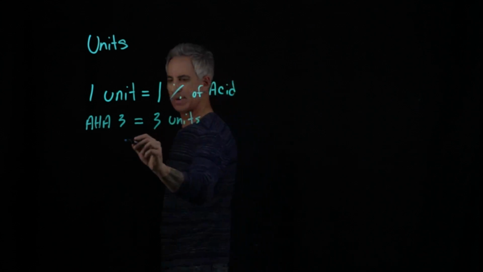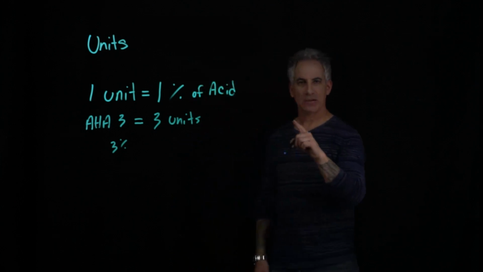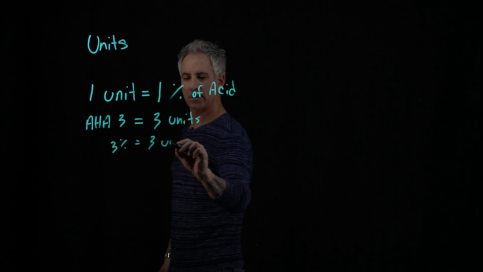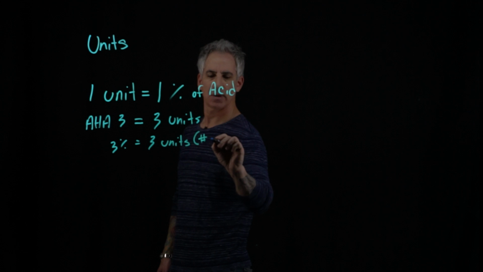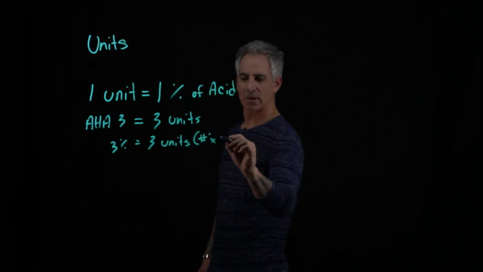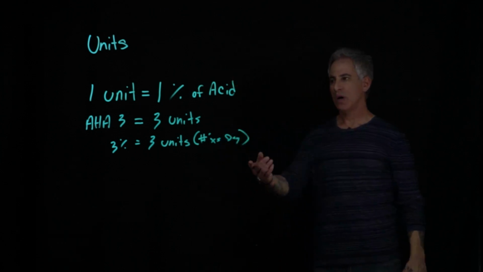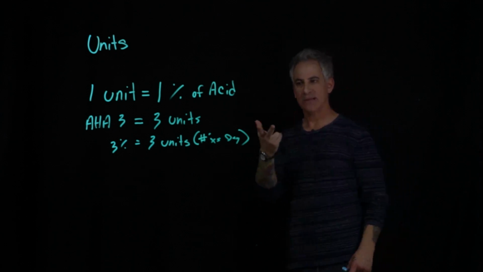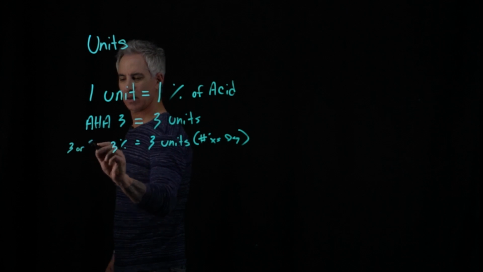Or, said better, the 3% of the AHA3 facial cleanser is equal to 3 units number times a day. So, how many units would that be if AHA3 was used once or twice in the day? It would be, write this right here, 3 or 6